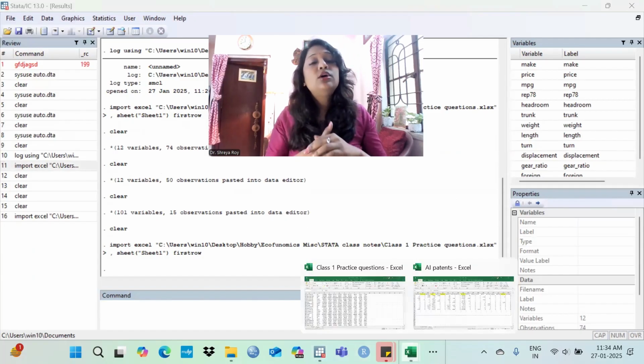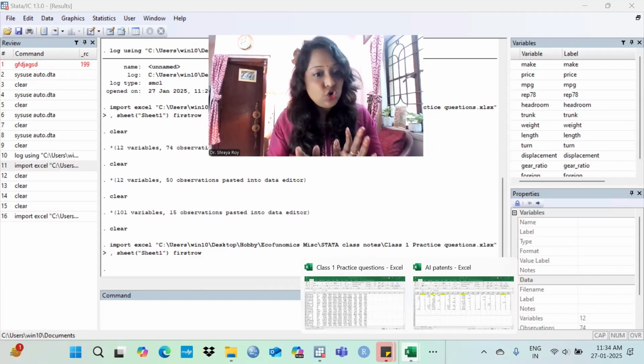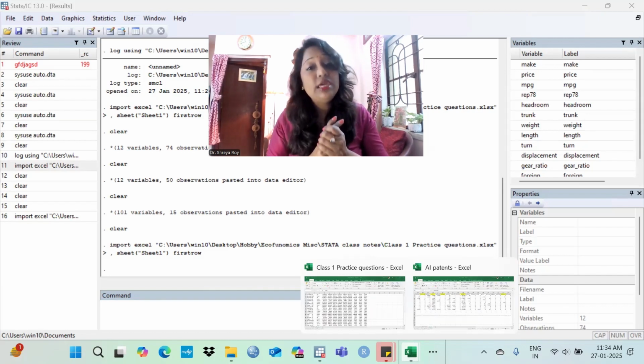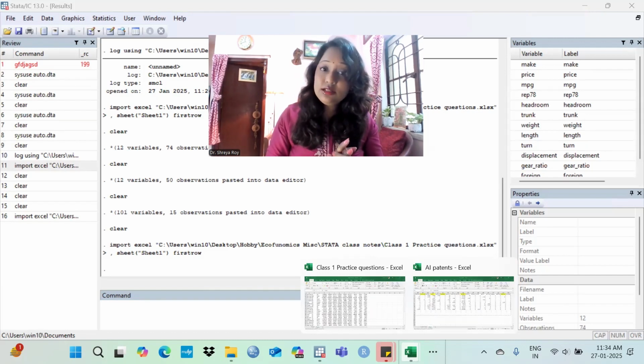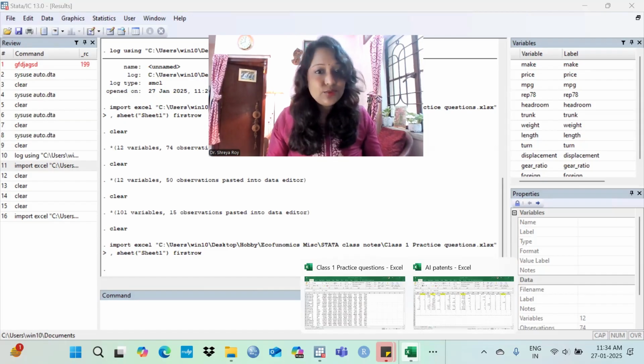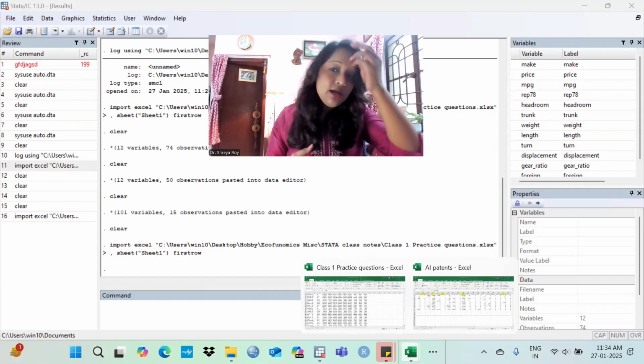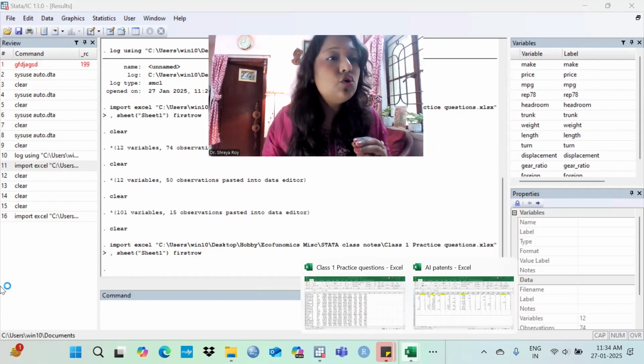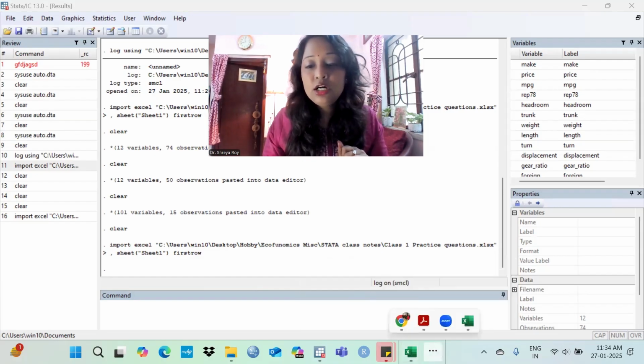So what did we learn? We learned how to open the software. We learned how to log begin. I haven't yet closed the file to show you. So log begin helps you save the commands. We have learned how to import data. We have learned how text variables are actually imported if you do not import it properly. We have learned the interface and we have learned how to clear our data. Okay. So next we come to,